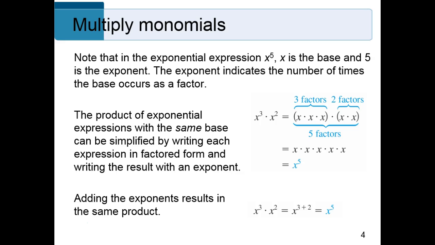X to the x times x times x times x times x. X to the 5th power. So what did we do? We kept the base and added the exponents. Okay? When you're multiplying expressions with the same base, different or even same exponents, keep the base,